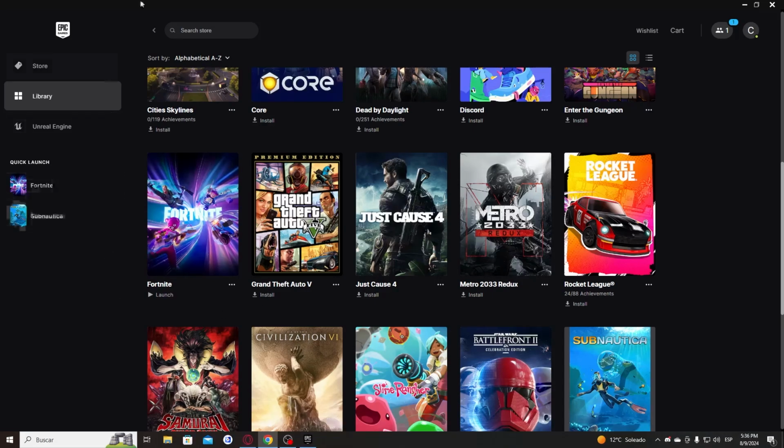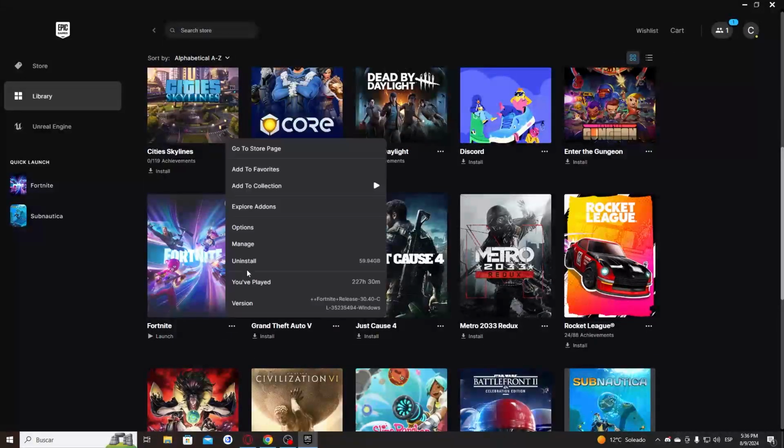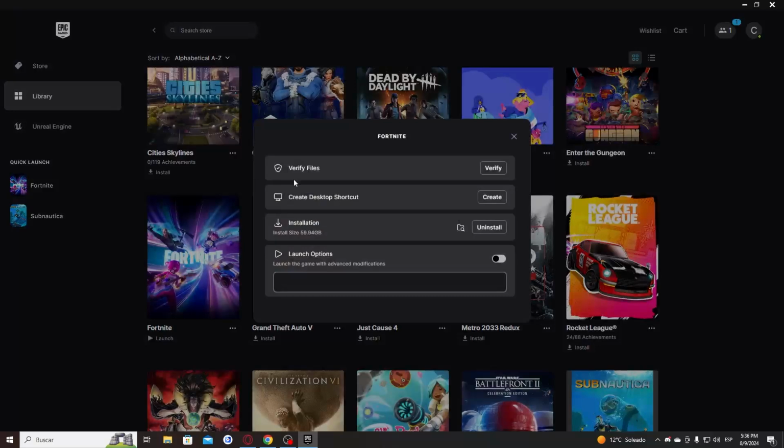So what do we have to do? We have to go to the Epic Games and we have to find the Fortnite scrolling down. Then you have to press these three dots and go to Manage. So once you're here in Manage, you have to go to Installation and you have to press this Open Install